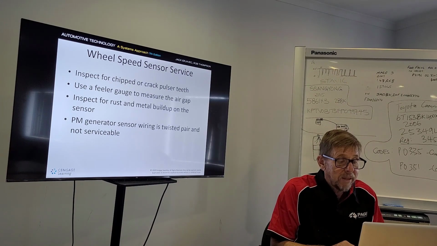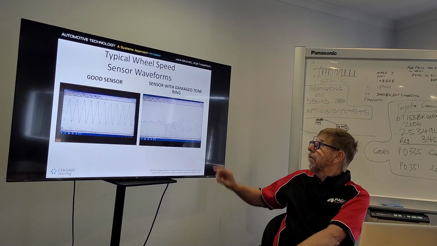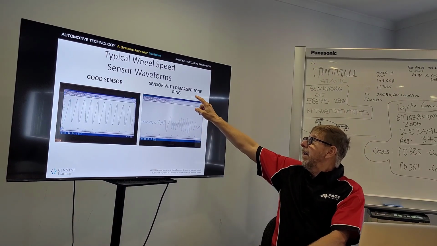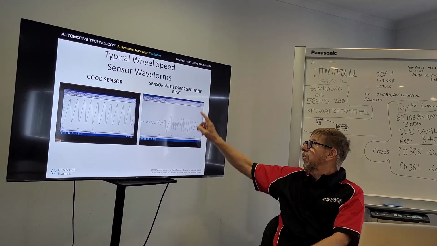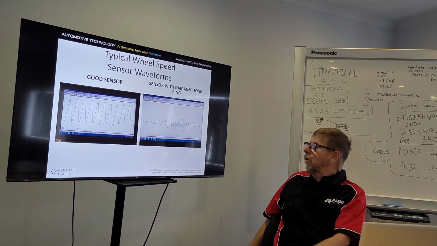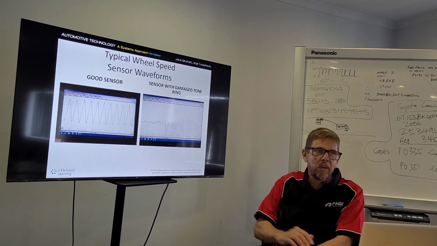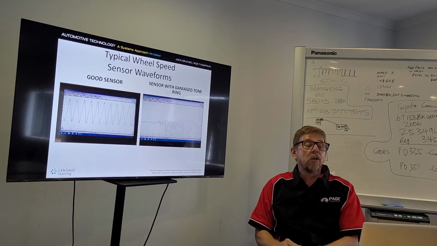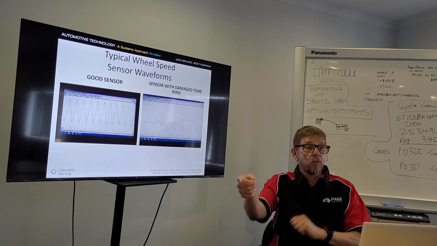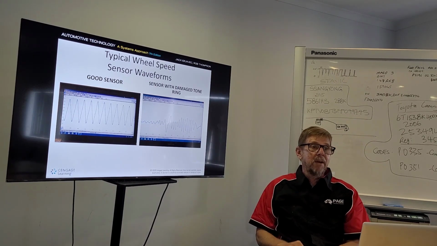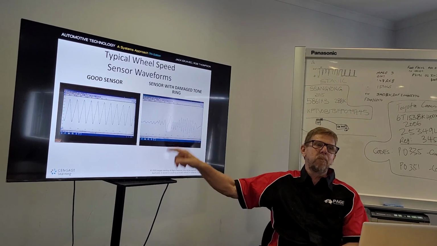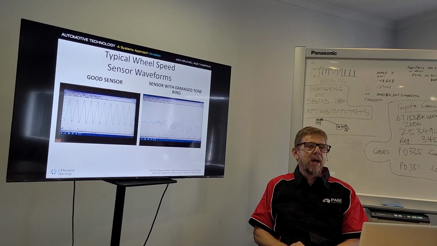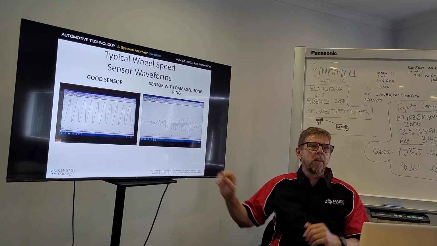Oh, by the way, go back to that one too, and the fault of this one was a bad toner wheel. Okay, so it wasn't the sensor; it was a toner wheel. So we can get caught thinking that's the sensor, when it's a toner wheel. Sometimes, not always, but on some cars you can swap left to right. And if they're easy enough to do, it's a good test. If you transfer the problem over, you know it's a wheel speed sensor. If the problem stays the same, you've got a harder problem, such as a wiring problem, or in this case,